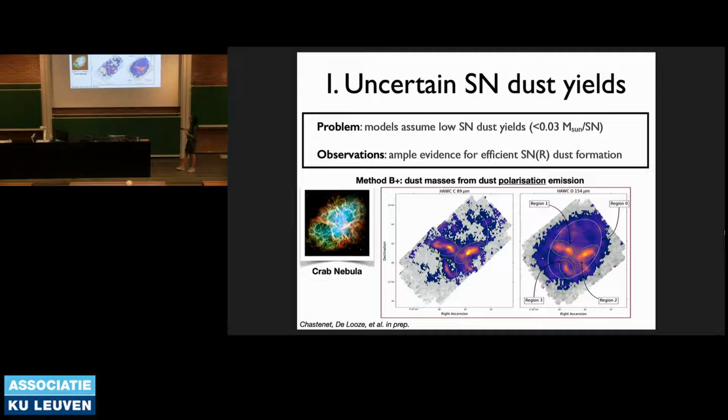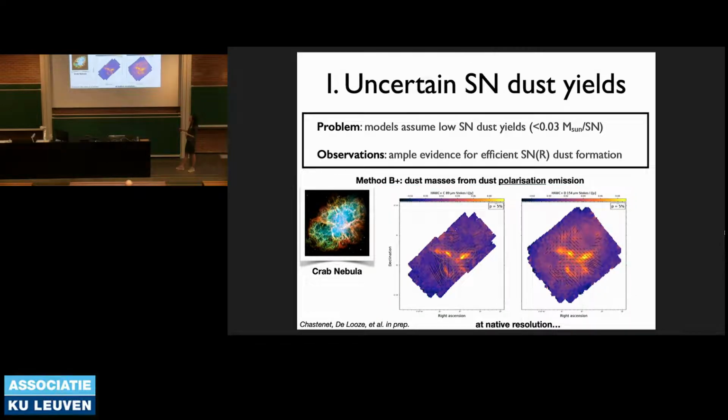I'm also showing here the different apertures, the different ellipses, which correspond to these filaments actually, in the optical, where we also observe most of the dust mass. So we're actually observing at these wavelengths the peak of supernova dust emission, where we're really dominated by supernova dust emission. So then having a look at the results. These are the maps at native resolution, where you can see the different polarization vectors. They show the orientation of the magnetic field, and the size corresponds to the polarization fraction. So the larger the vector, the larger the polarization fraction.